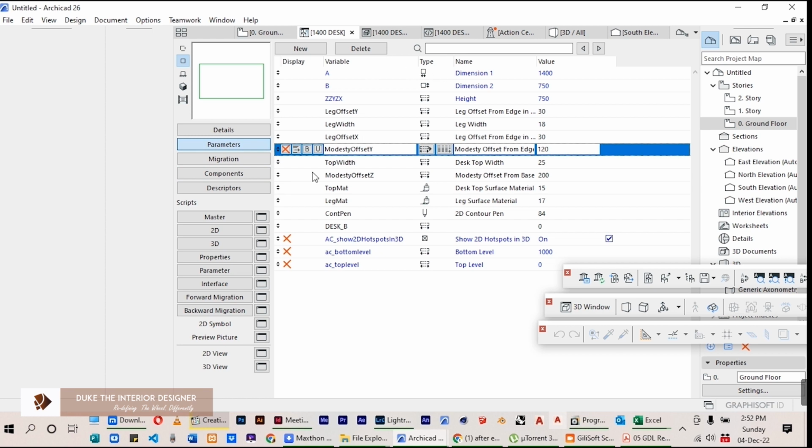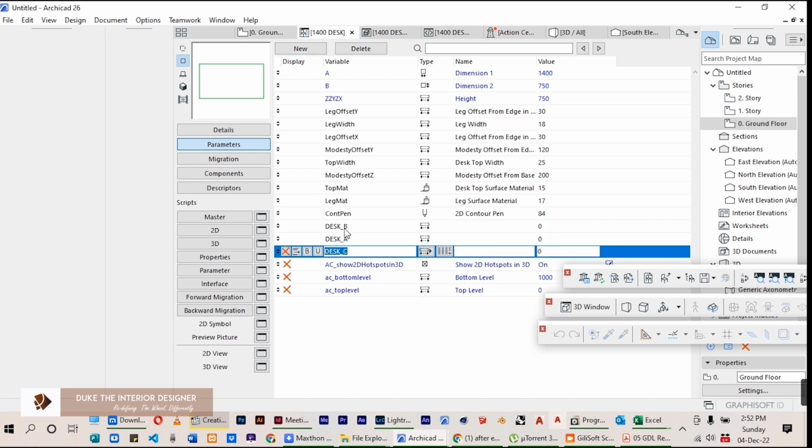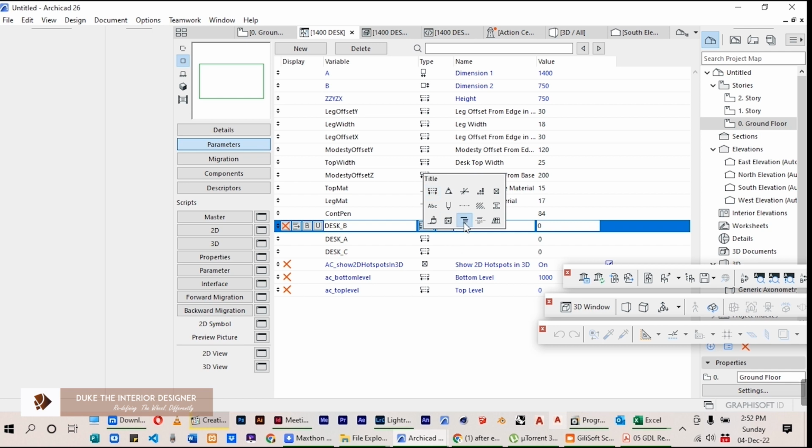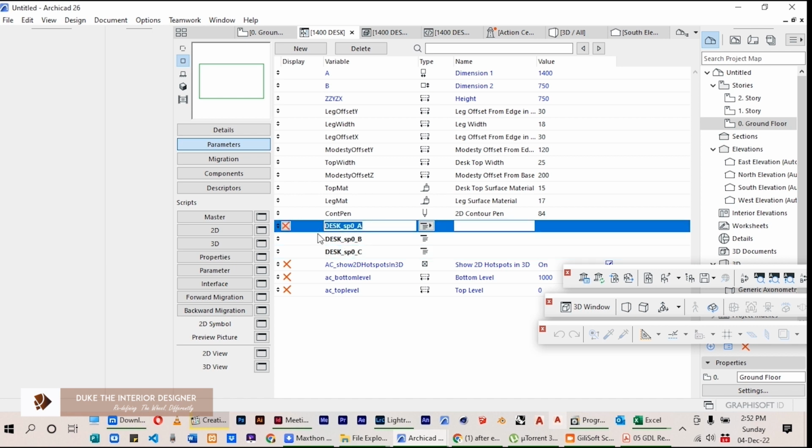We need to make these parameters look organized. So under this we have materials. You can see we have the pen value and the desk settings. So normally what I do is add more new items. Make sure this first one is under this, which is title, title, title. The first title would be desk settings. Oh, sorry. Remember there's no space, so desk set, and the name is desk